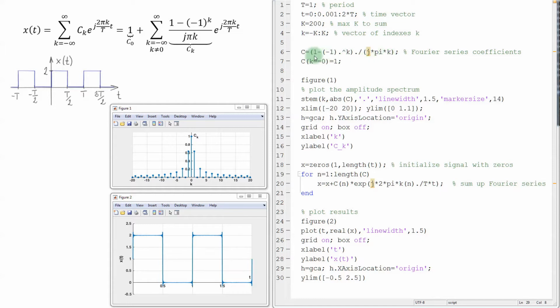Now, this expression is going to work as long as this k is different from 0. When k is equal to 0, we are going to end up with some garbage. To avoid that, I have this line here, which assigns number 1 to the vector of these coefficients when k is equal to 0. Now, before I attempt to approximate this sum, I will plot these coefficients as the amplitude